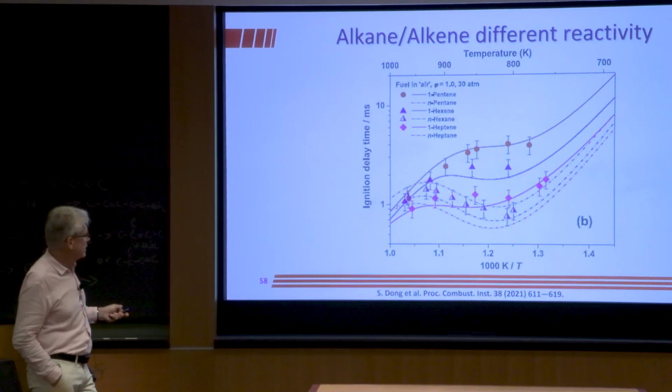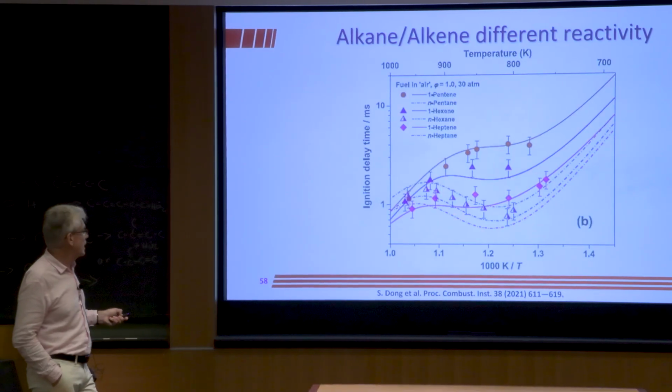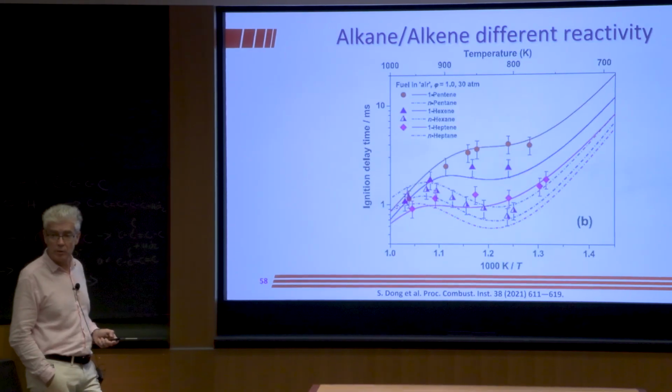And n-hexane are these half-filled triangles, and it's way faster than 1-hexene, right? And then we have 1-heptene, which are these diamonds, and that's the model prediction of 1-heptene. I don't have the data points for the experiment, but we have the model predictions for n-heptane. The model prediction for n-heptane is much faster down here. Now, it actually turns over here, but you can see that n-heptane is predicted to be much faster in the